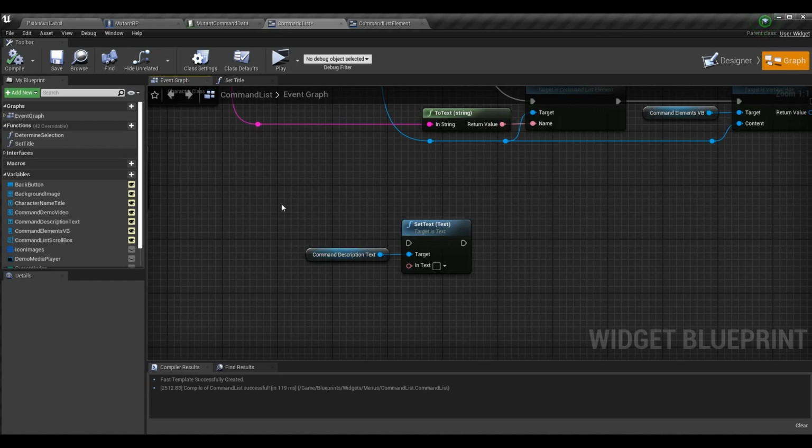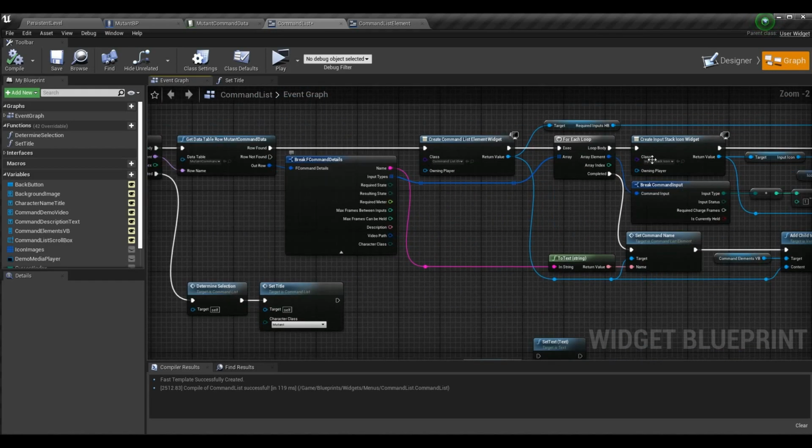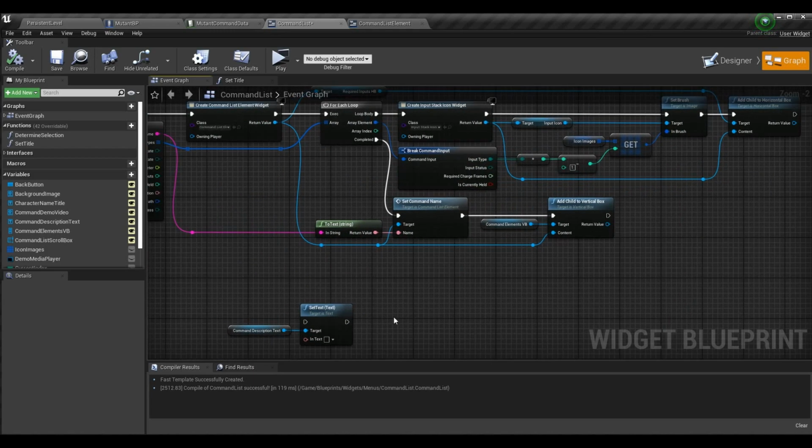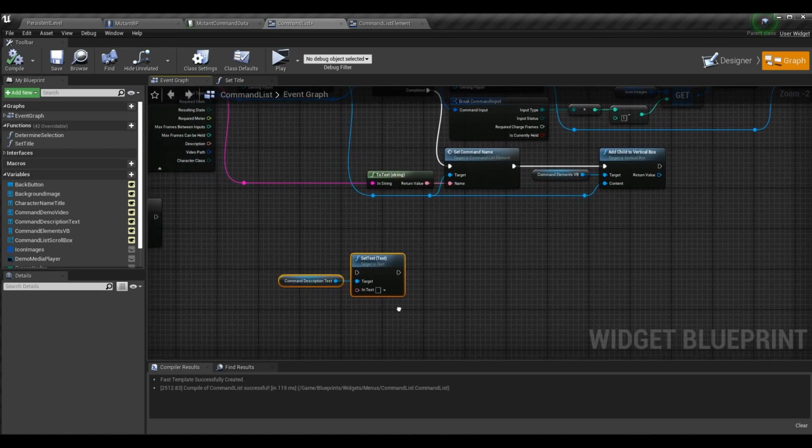So we have good data here, right? We create all the data initially when we fill them out. When we have this event construct, we create this command list widget and we set this data and we add these icon images and it looks great. However, the command list element is not storing this specific data